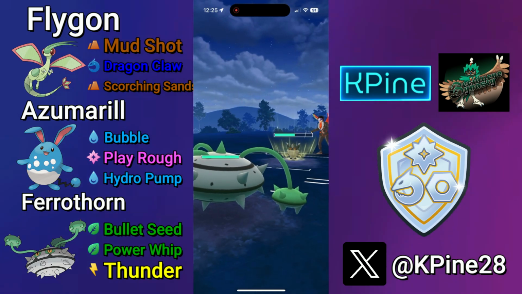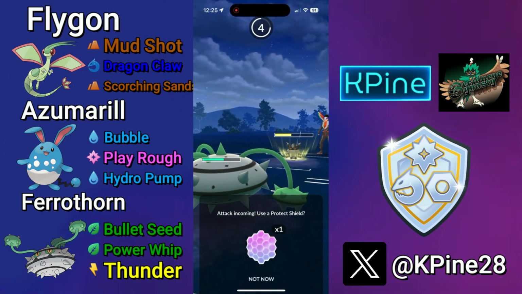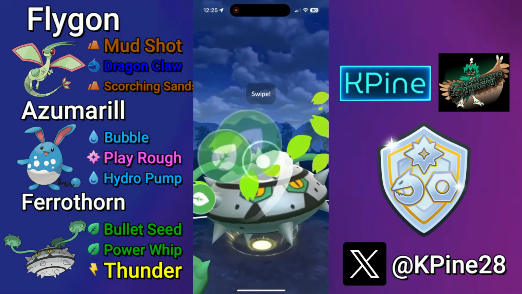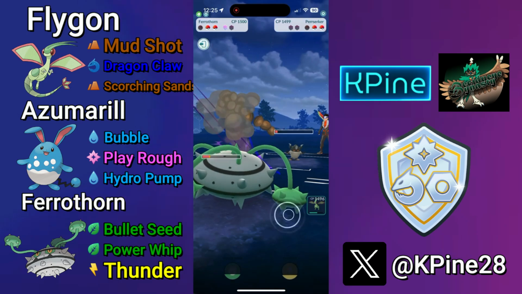If they go for the Close Combat, then so be it. The Goodra is probably just going to Dragon Breath down my Flygon anyways if they land that, but they don't. They go for Foul Play, so maybe they're on Foul Play Trailblaze or Foul Play Play Rough. Foul Play Play Rough seems like the more likely move combination here, since you're going straight for the